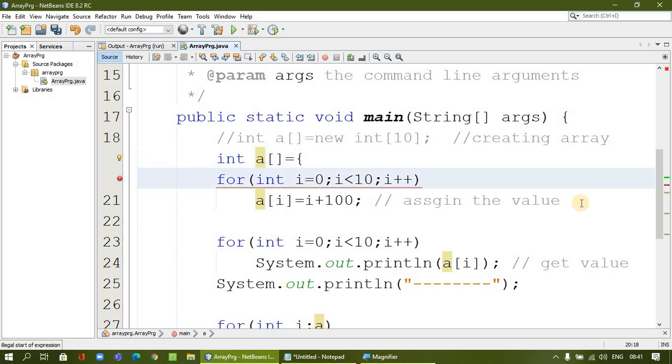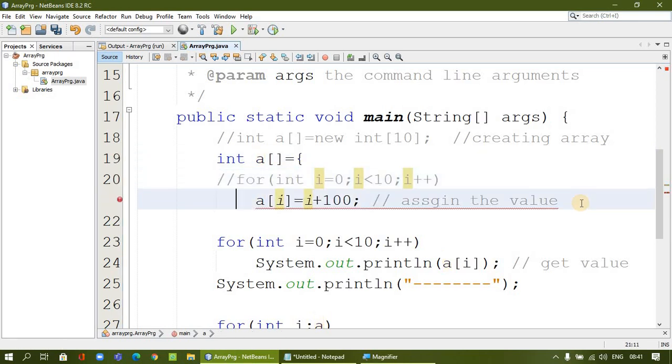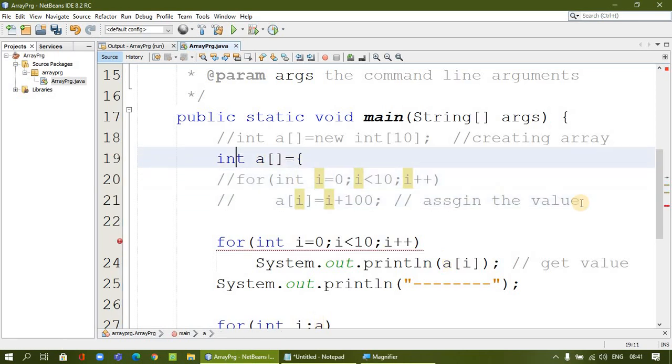So assigning values is just a block here. I'm directly going to assign the values. Okay, we can assign the values directly. For example, I say 1, 2, 3, 4, 5, 6, 7, something. Some numbers we directly assigned. Okay, directly we assigned totally 7 numbers.